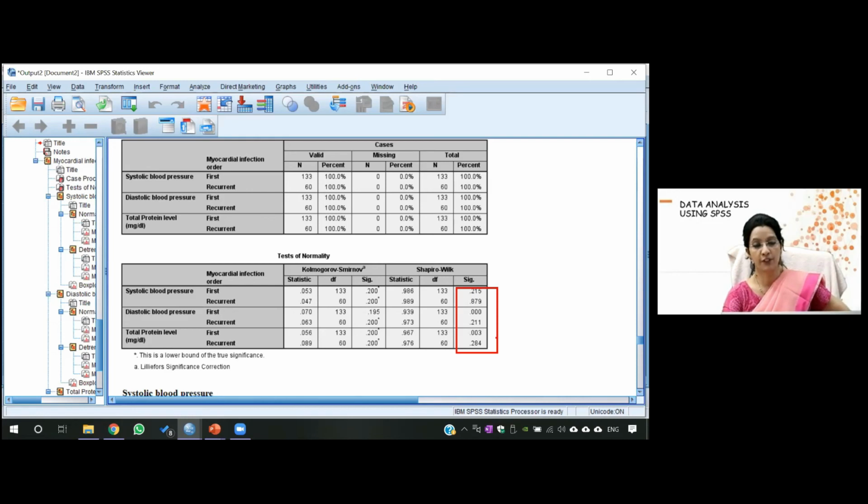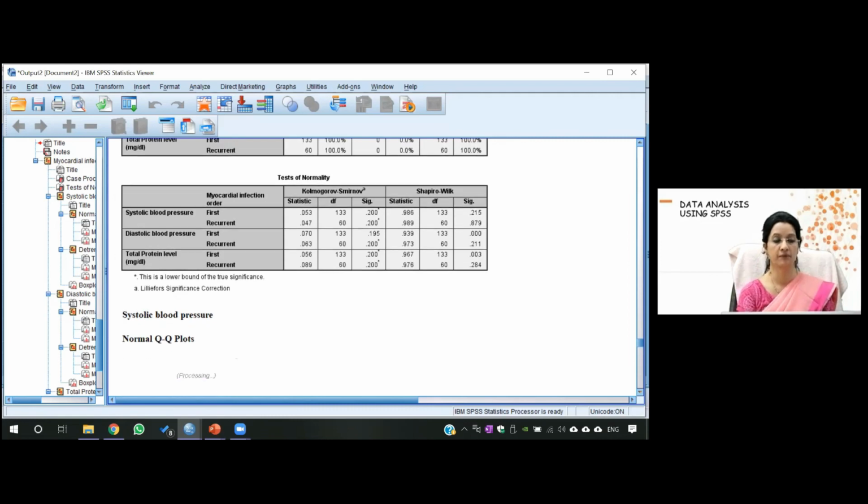So did you get this? The value of Shapiro-Wilk and how to interpret it. But I made a statement in my session that if the sample size is more than 50, then we should use what? The QQ plot. So ideally, I have told you the interpretation of normality using the Shapiro-Wilk test, but generally we use the QQ plot here.